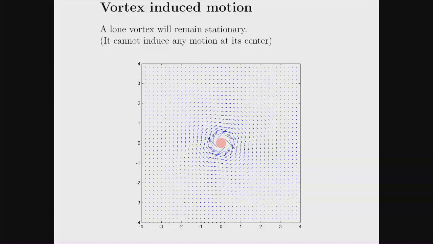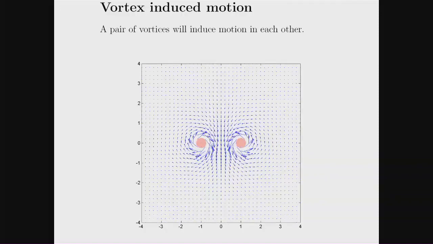Okay, and this potential vortex cannot induce any motion, right, because it's a load. So it remains stationary. But now if I have a pair of vortices, we can induce motion to each other, right? So if I look at this